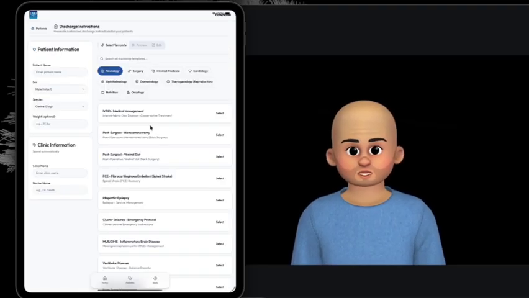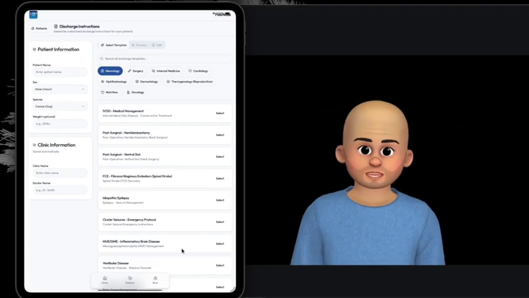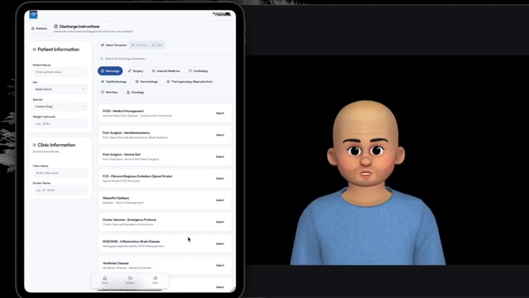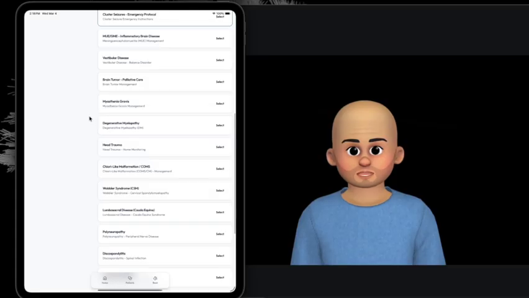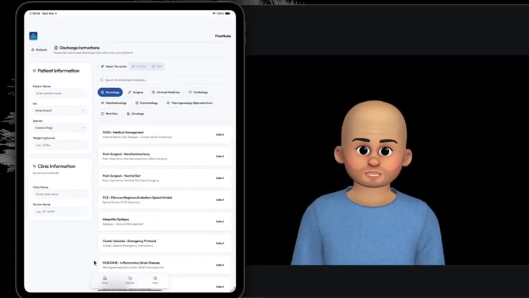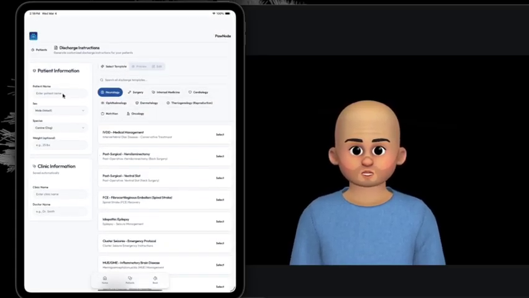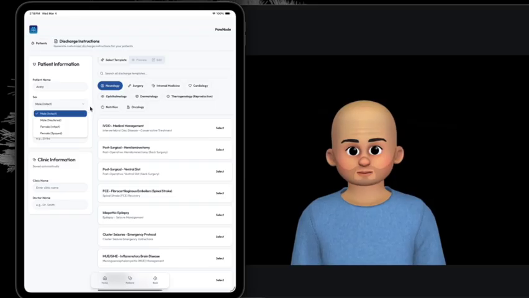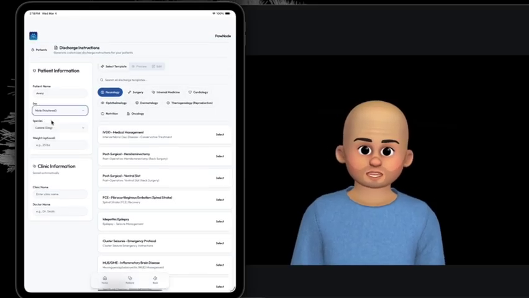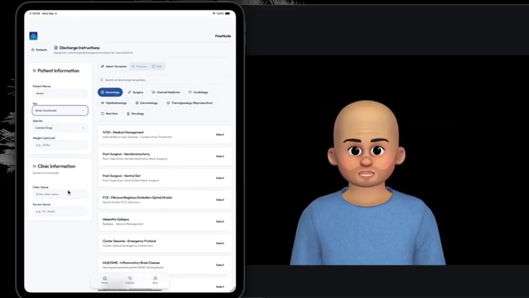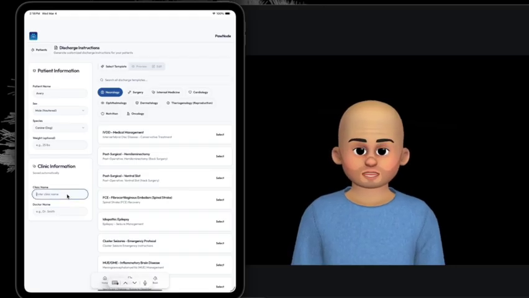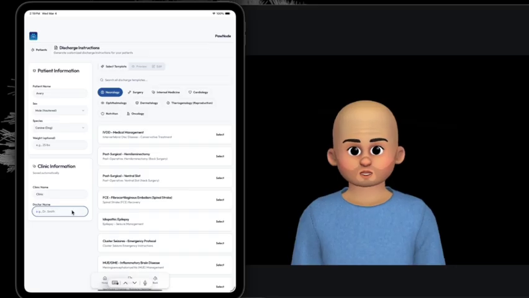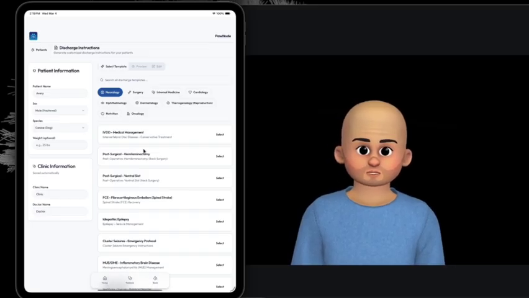As far as the discharge instructions, again, this is going to be more as general guidelines. I had some help from other specialists as far as creating some very basic templates for you. So if you put in the patient's name, so we'll just put in Avery for right now. They're a male, and we'll say he's neutered. He's a dog. You can put in the weight if you want. You can put in your clinic hospital name, and all that information is going to be filled in different portions